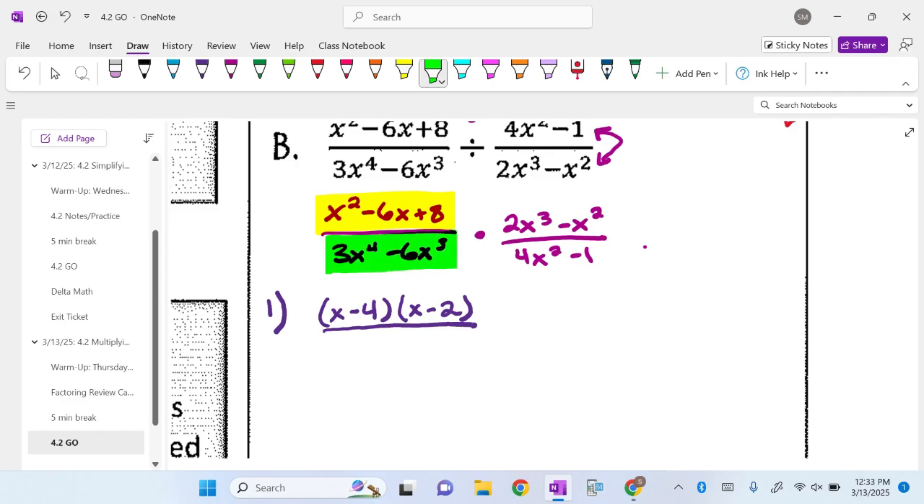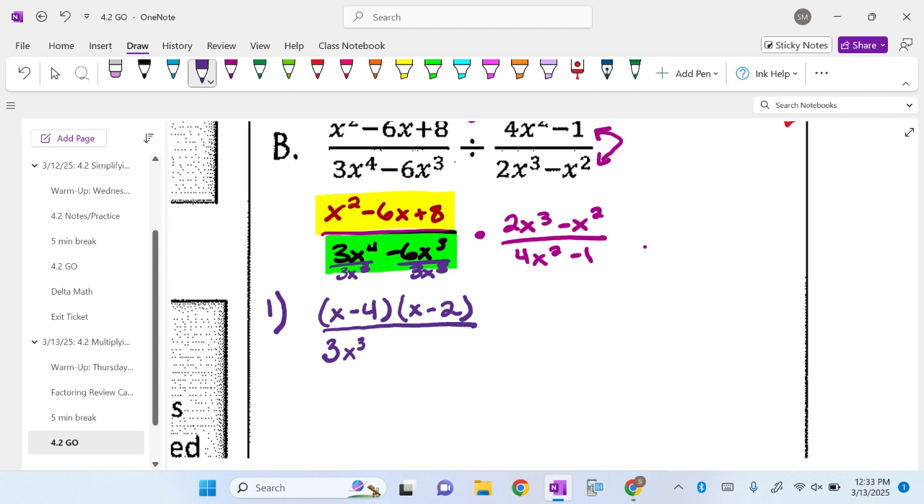It has a GCF of what? 3x cubed. So 3 can go into both 3 and 6, so we can pull a 3 out. And then each term has at least one x cubed, or at least 3 x's that they share. So we can also pull out an x cubed. So if I divide both of these terms by 3x cubed,